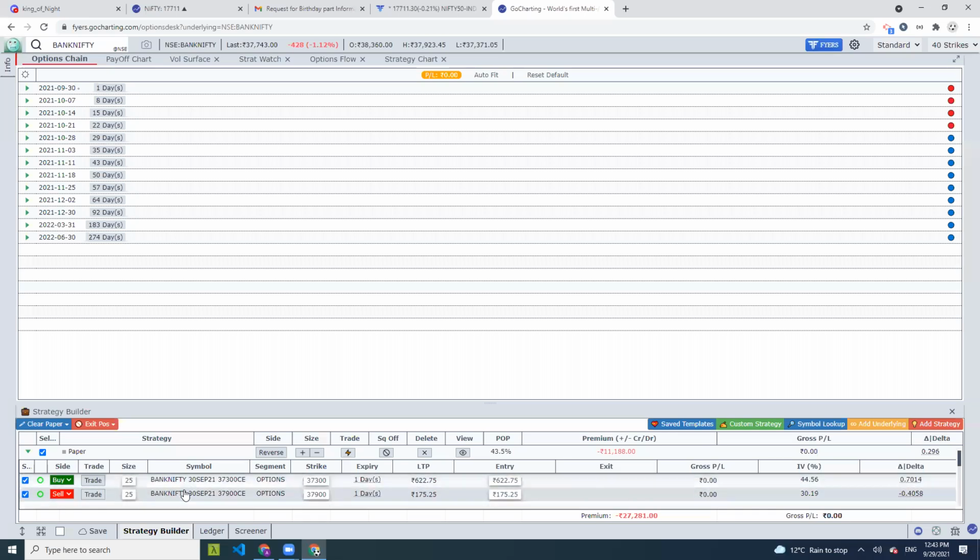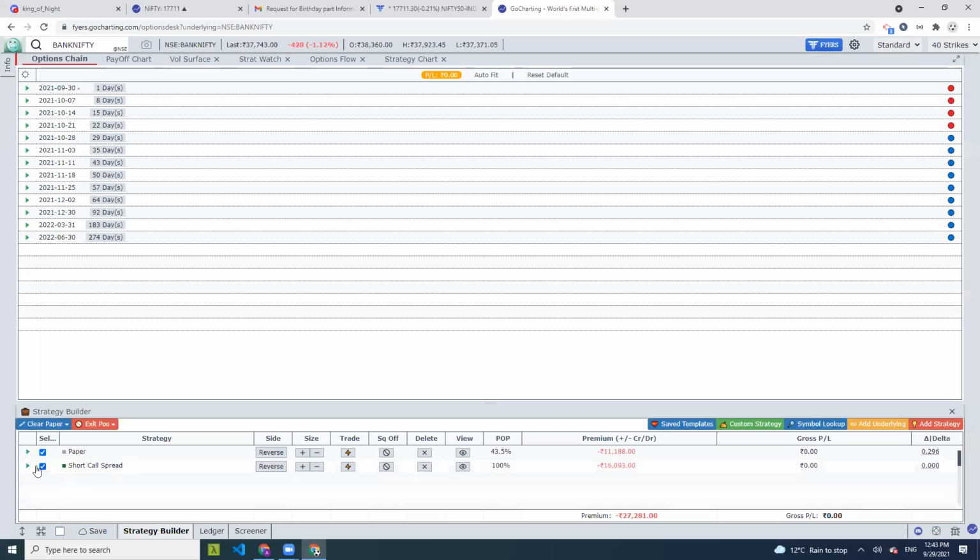Okay, now for each position, you will see all your strategies bundled up like this with a name and certain key metrics like the premium at a strategy level, gross PNL at a strategy level, and the Greeks at a strategy level. When you hover over this Greek delta, you will see a lot of other parameters like delta, gamma, vega, theta, all in the form of a tooltip.